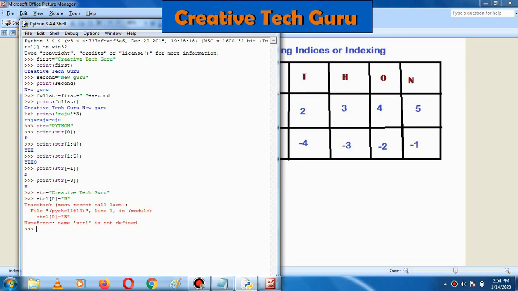But if you want to update, you can update. How you can update is, you can assign this string variable to another string variable. For example, see, now I am assigning this str plus. Here I am giving